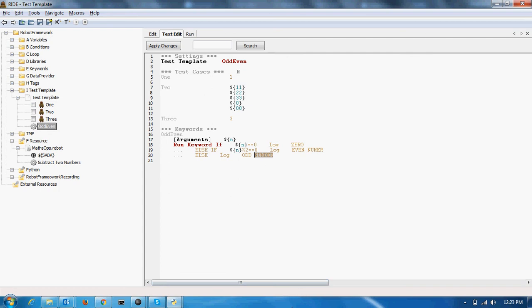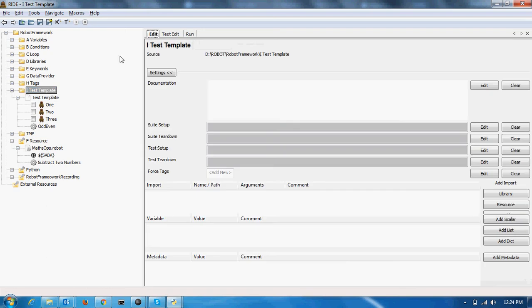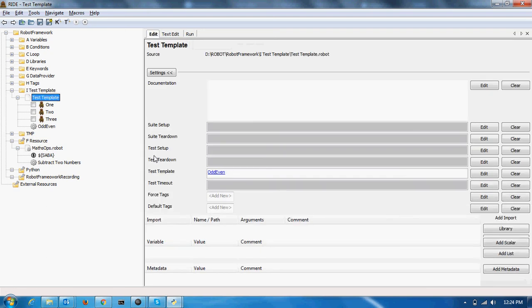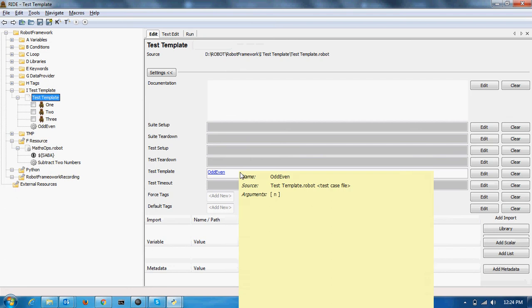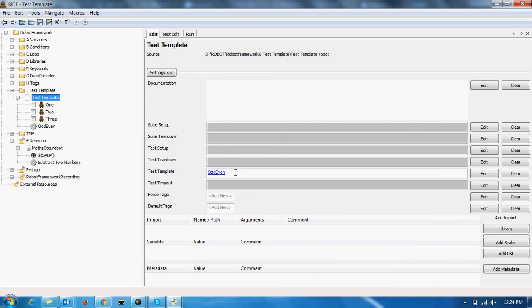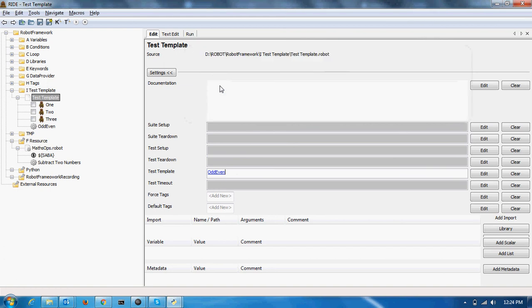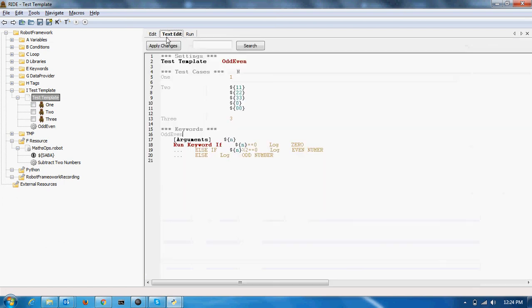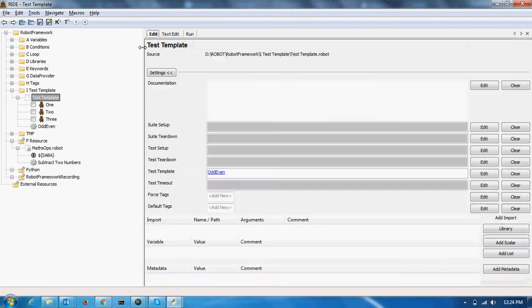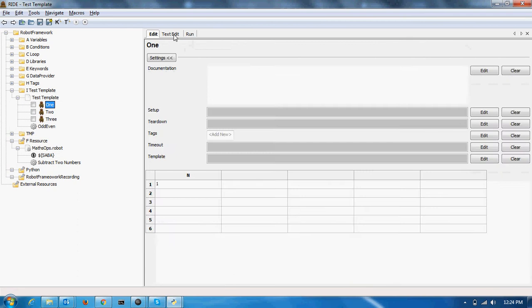Now what I'm going to do is put my odd even keyword as my test template. So I'm going to come to the suite level, click on this test template, and define my keyword as my test template. I'm simply going to type this because it belongs to the same file; else you have to import the file. Now while using it, it's a little tricky, so you cannot directly do it from the right, I guess. So you have to come here, in text edit,